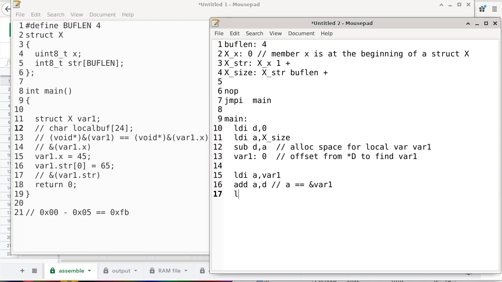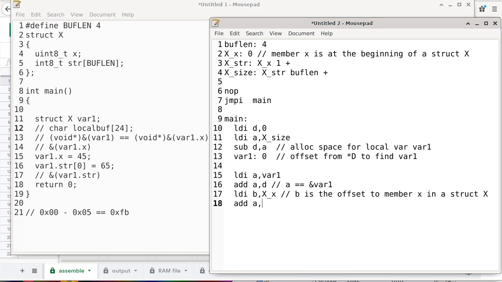So at this point, I'm going to break it up into multiple instructions. This is not the optimal way of doing things, but it's a better way in terms of how we explain something. So we're going to load x underscore x into register B. So register B is the offset to member X in a struct X. Now that we know where we can find the variable, which is in register A, and we know the offset to find member X in a struct X,